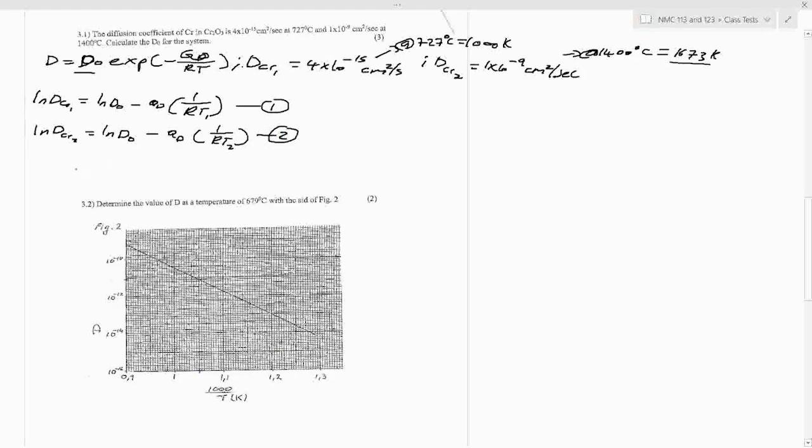And if we further break down D2 to resolve for QD, we would have ln DCR2 minus ln D0, all over RT2. This is subsequently QD is equals to